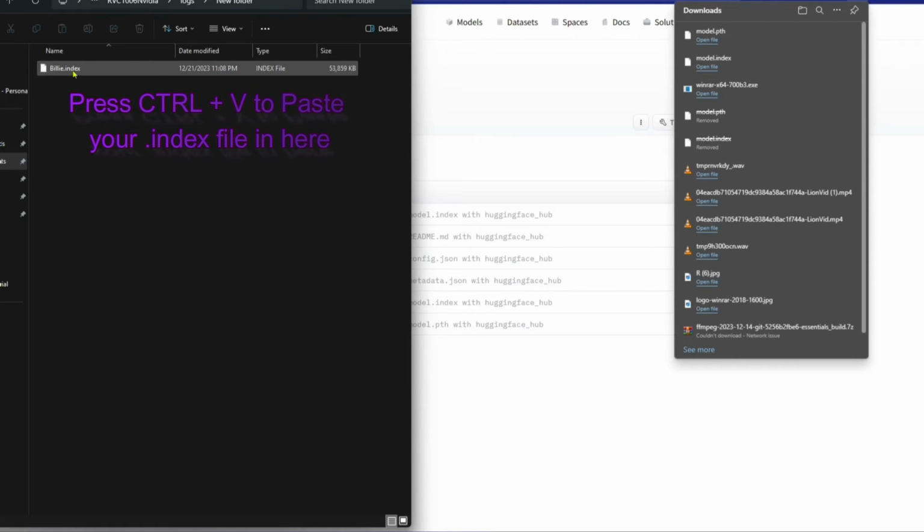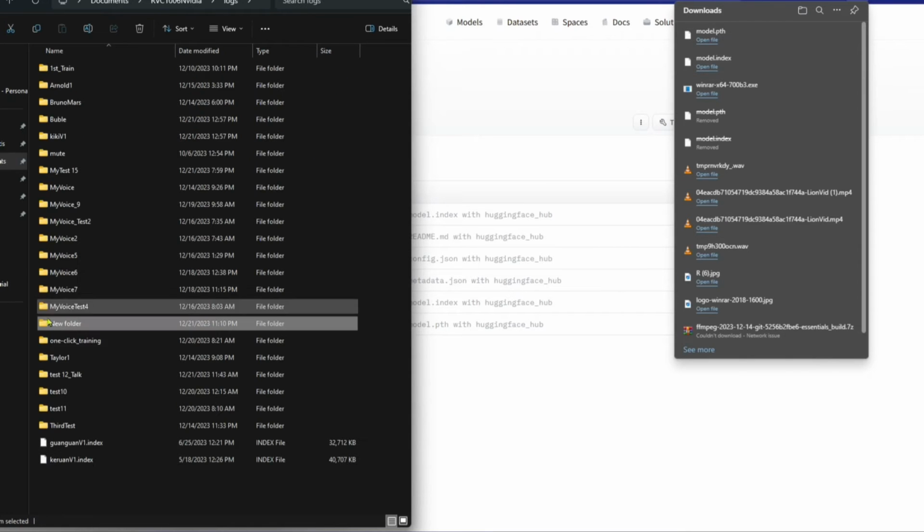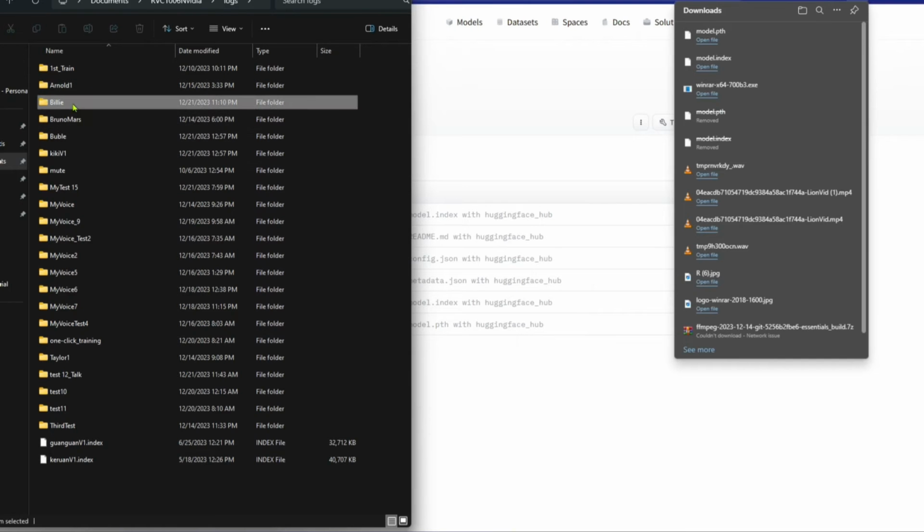So if you remember, we named that file the same as this. So we can just click on this file and press F2 to highlight it, press Ctrl C to copy it, go back to this folder, the new folder that we made, press F2, and then Ctrl V to paste it. F2 is rename, by the way. And click anywhere or press enter, and you can see we have our Billie